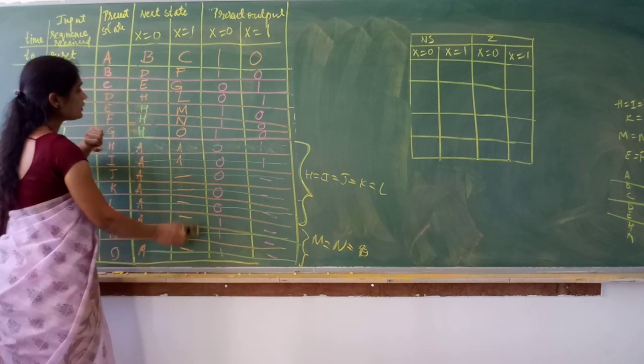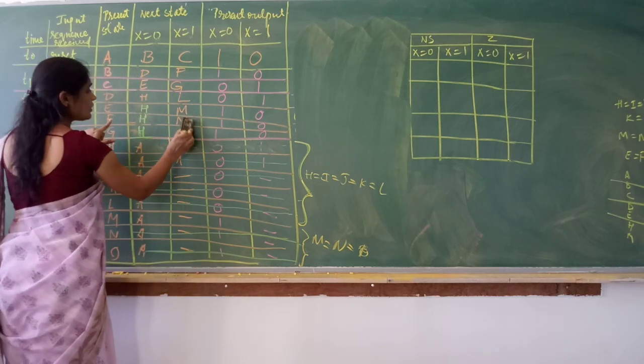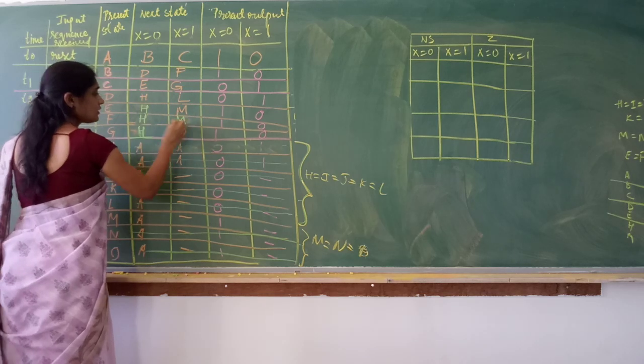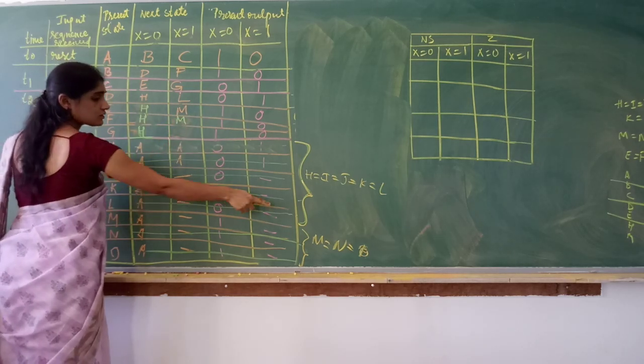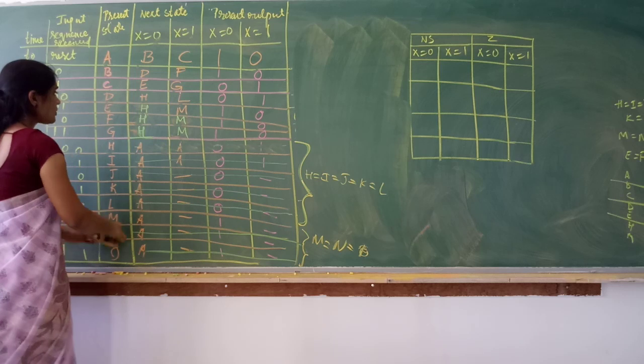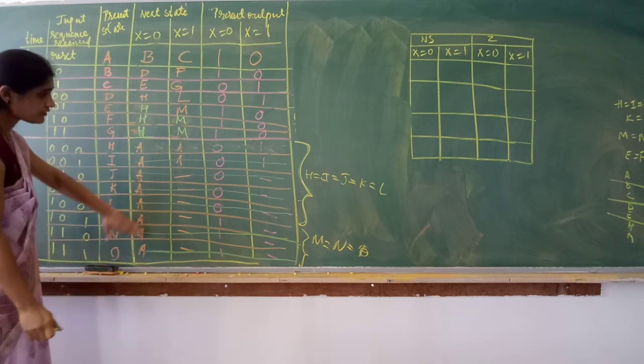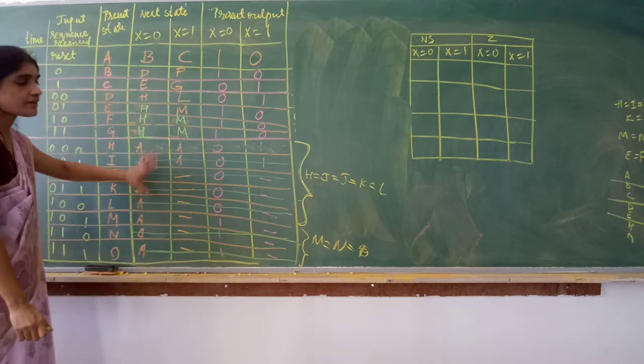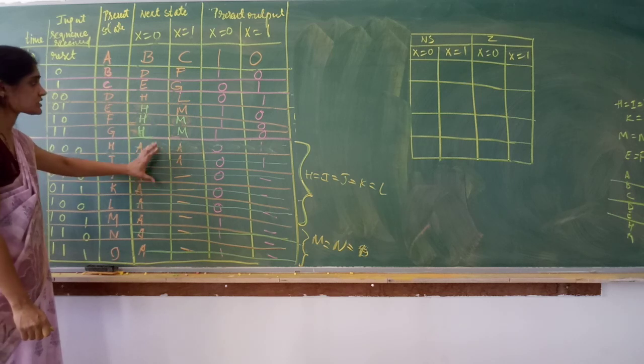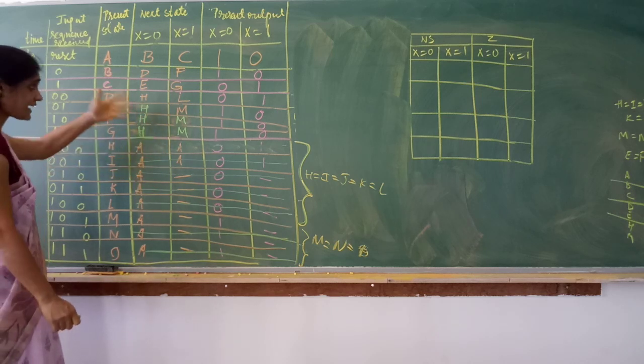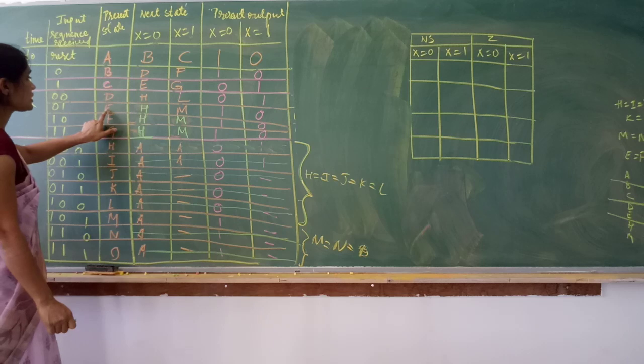Now M is equal to N. N is equal to O, right? So M is equal to N, so I'll write M here. O is also equal to M, so I'll write M here. Now you just observe. After row matching is done, if I resubstitute these values, again I get some rows matching. Look here.